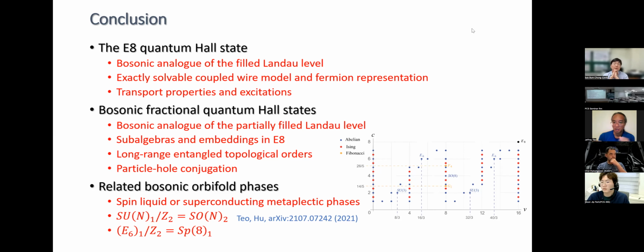If not, if you want me to use a lattice model to give a chiral E8 state, as of now, I cannot do it right now. But I suspect this is not exactly solvable if you put things on a lattice, usually. So I do not have an exactly solvable model, but I can perhaps use the coupled-wire model to motivate a numerical model. One can check using perhaps thin-torus DMRG to see whether it corresponds to an E8 state. I think that can be done and has not been done as far as I know. Okay, thank you very much.